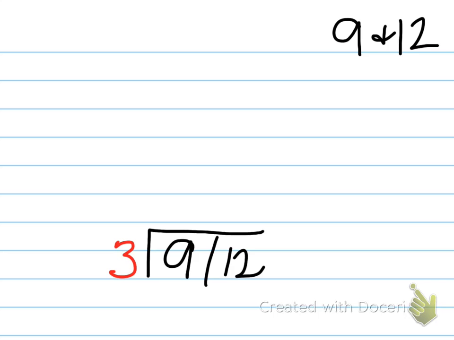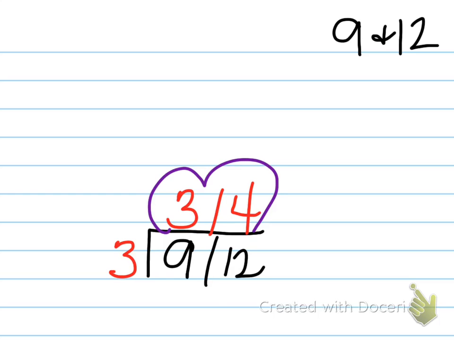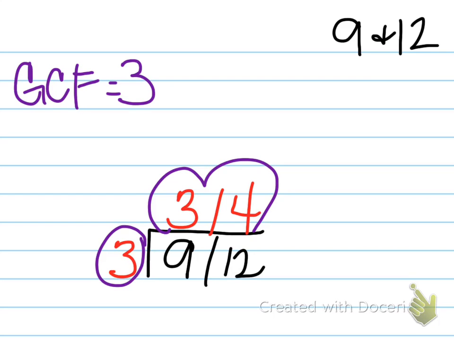Let's use a 3. 3 can go into 9 3 times. 3 can go into 12 4 times. This is our cake topper. We can't go any further because 3 and 4, there's not one number besides 1 that can go into both of those. To find our greatest common factor, we take our outside, or the frosting, and we multiply it if